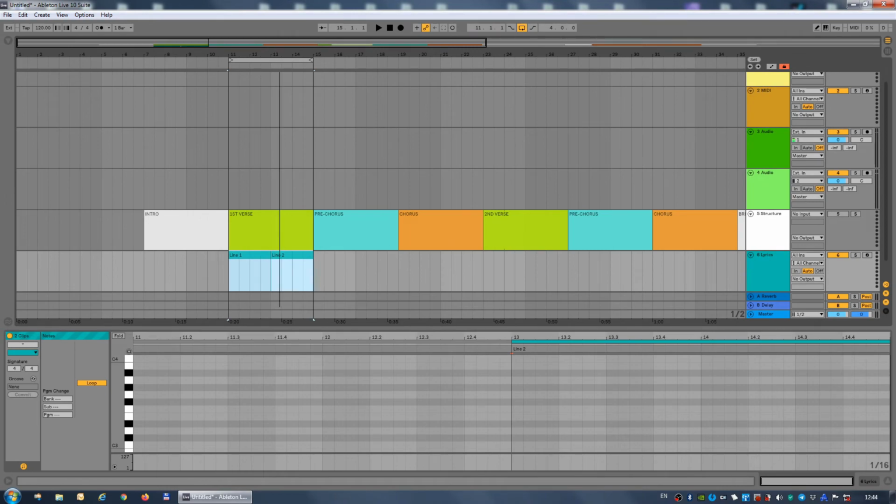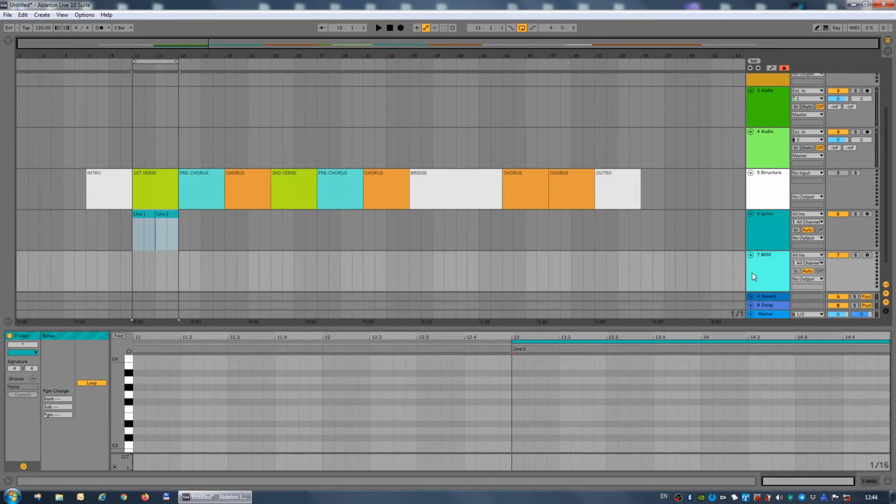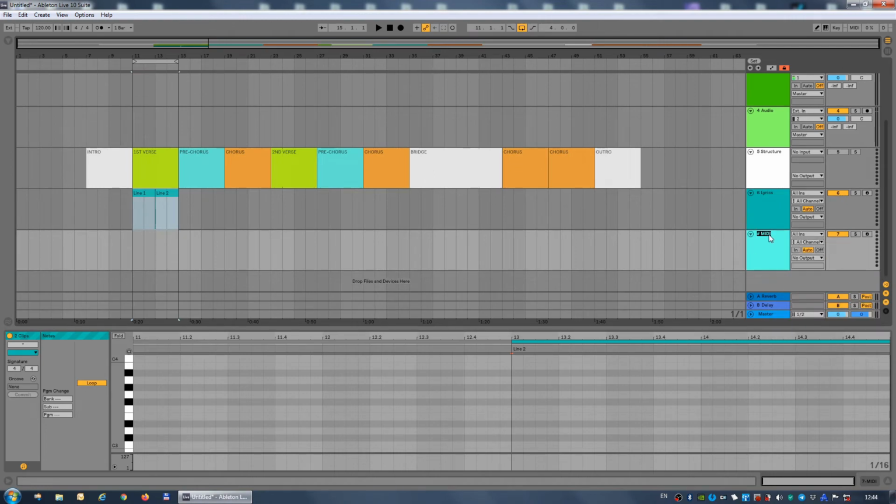Finally, you can create one more track and name it chords, where you put MIDI clips with chord names, which would help you quickly sketch the chord progression if you don't have the time to write the actual chords using instruments.